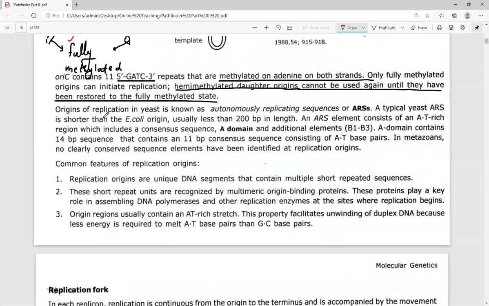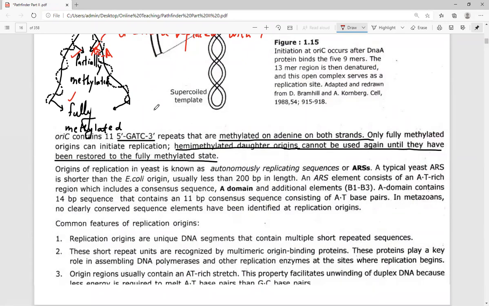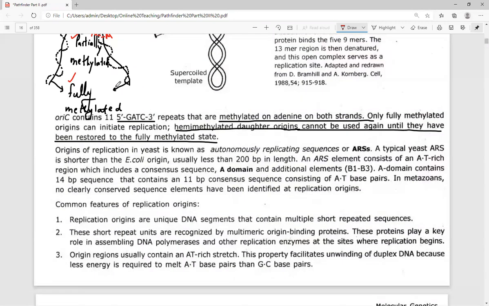Now, this partial methylation also ensures that the daughter DNA cannot be used again for the process of replication until and unless it has been fully methylated again. Until they are fully methylated again, they cannot be used in DNA replication. Now you know how the process of DNA replication takes place. Now the next important point,